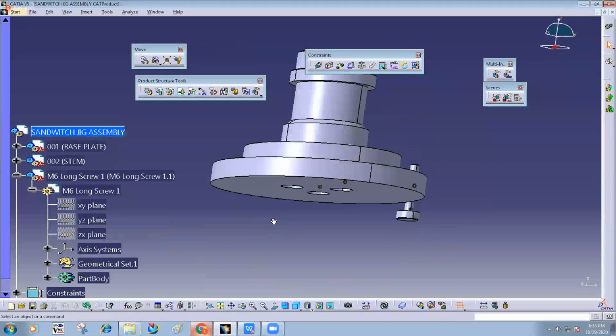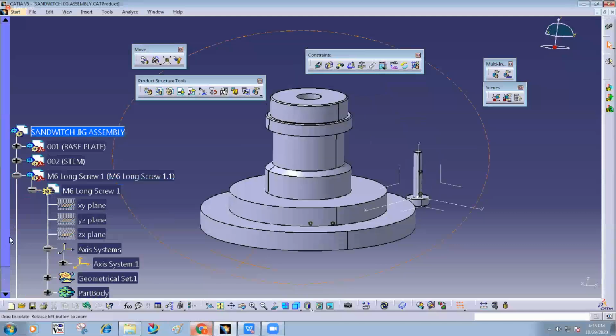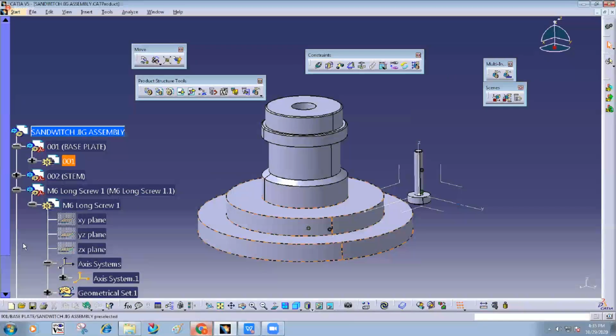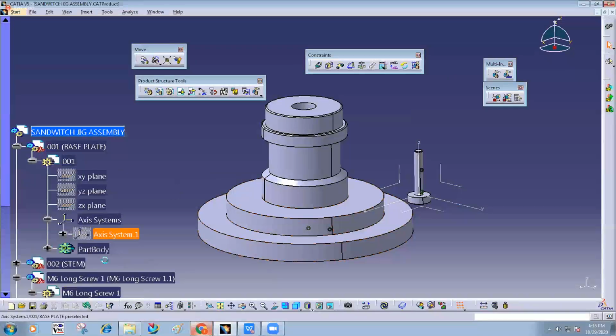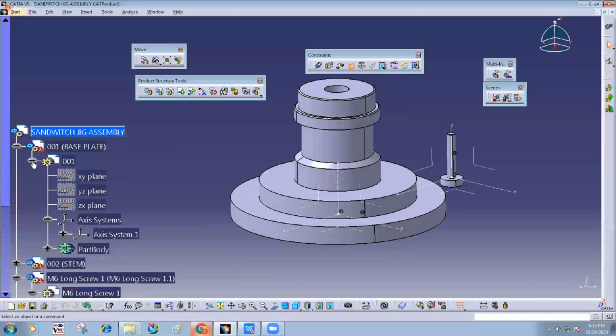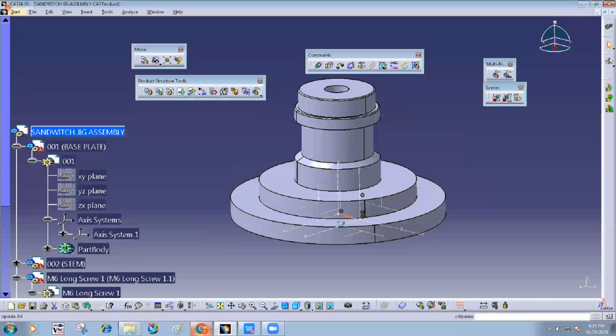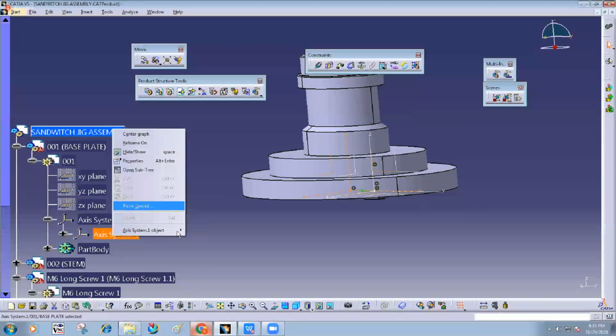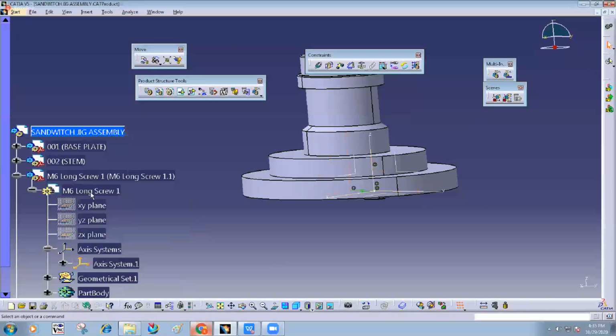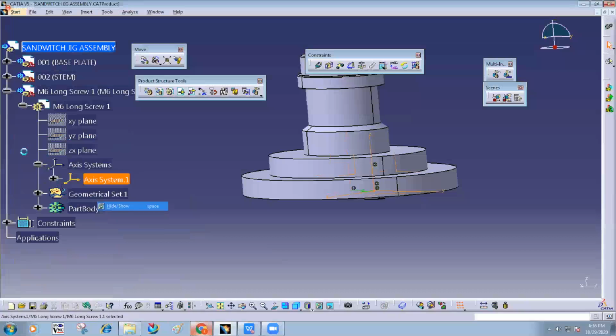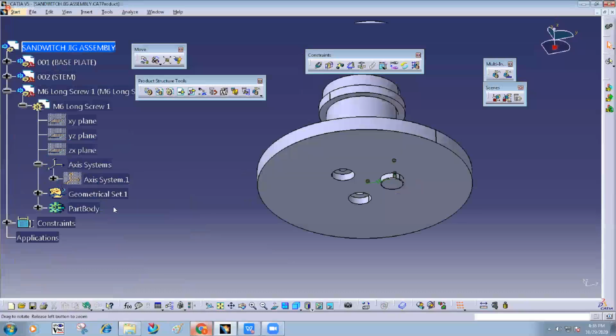Rotation. So how can I lock that? Using angle constraint. This plane and this plane become parallel, and update. All of the axis system, the part is there.